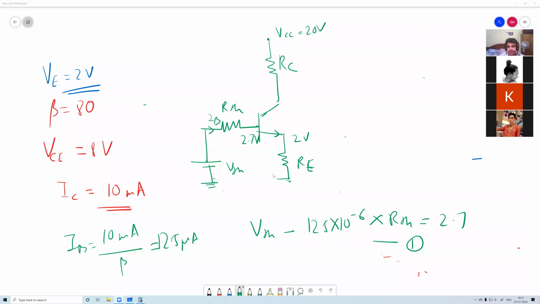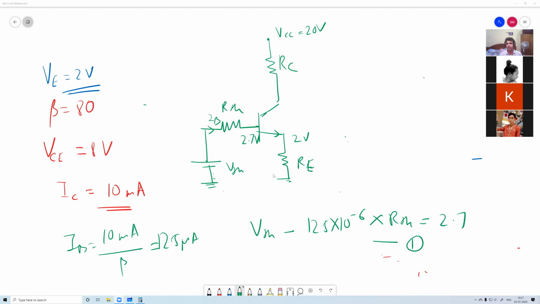What else? So we have only one equation with two unknowns. So we can do either of two things. One way is what Arkadev suggested, to use that approximate method. But then the risk is that if we get an answer which does not satisfy the approximation rule, then it will be difficult.